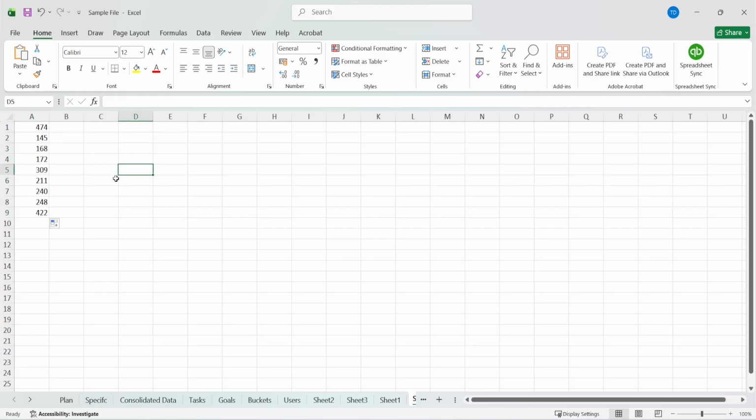Now, here's something you need to know about these random numbers. The randbetween function is what's called volatile, which means it recalculates every time Excel does anything. So your numbers will keep changing when you edit other cells, save the file, or even just scroll around. If you're using these numbers for a dataset or report and need them to stay fixed, you'll want to convert